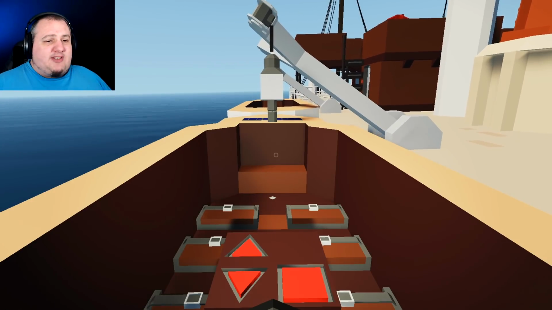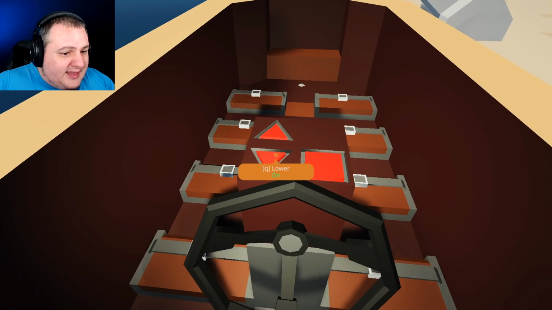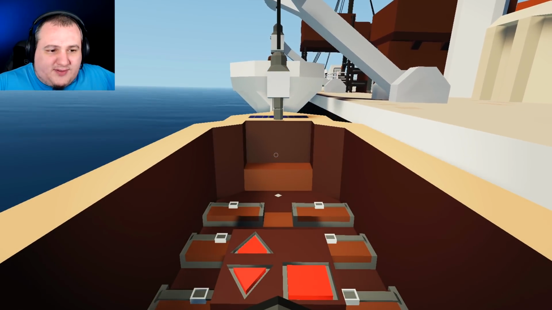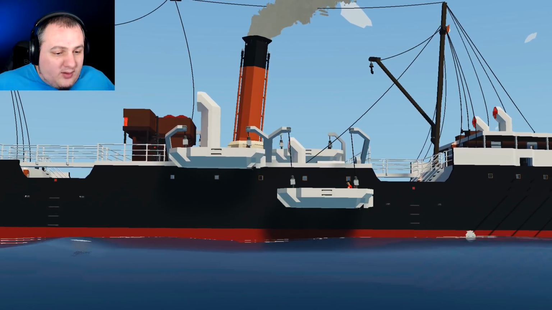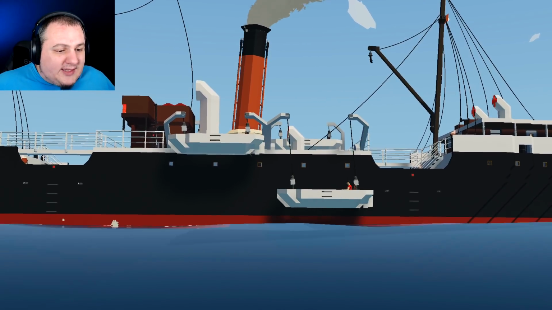What makes this lifeboat so clever is while we are still attached to the davits, we can control it from the inside. Lowering the winch, we are now self-lowering ourselves. Incredible stuff. Look at it go. Getting closer to the water. It's lapping just below it. Any second, it's going to get wetter than a...